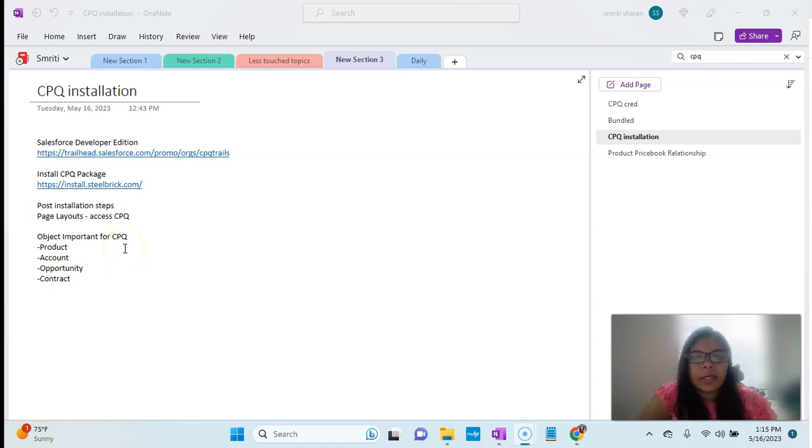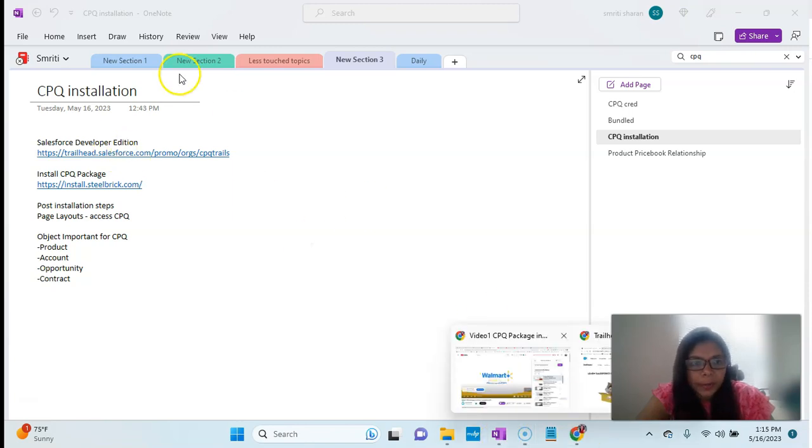So now we will be learning about the CPQ installation. There are various ways in which we can do CPQ installation. The first one is Salesforce Developer Edition. So if I go here,